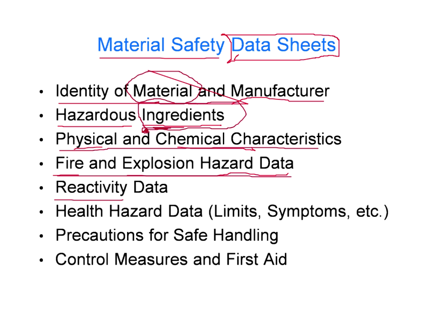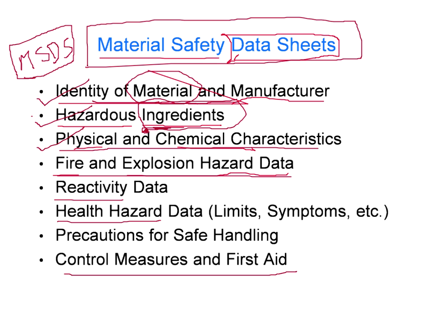Please bear with me. The dangerous ingredients. Ingredients means compositions. If the material has different ingredients, find out the health data, right? And find out the control measures and first aids for these materials. All this information will be given in a material safety data sheet. It is available in every company. This is called MSDS,